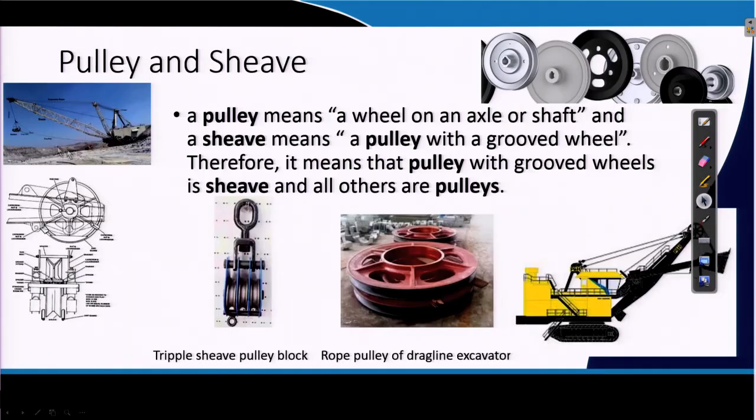But the other important things you will find in mining machinery are the pulley and sheave. You can see in this figure a picture of a dragline, and here is a picture of a shovel. So, the next important component in mining machinery is the pulley and sheave. In this slide, you can see the two machines shown here: one is the dragline and the other an electric rope shovel.